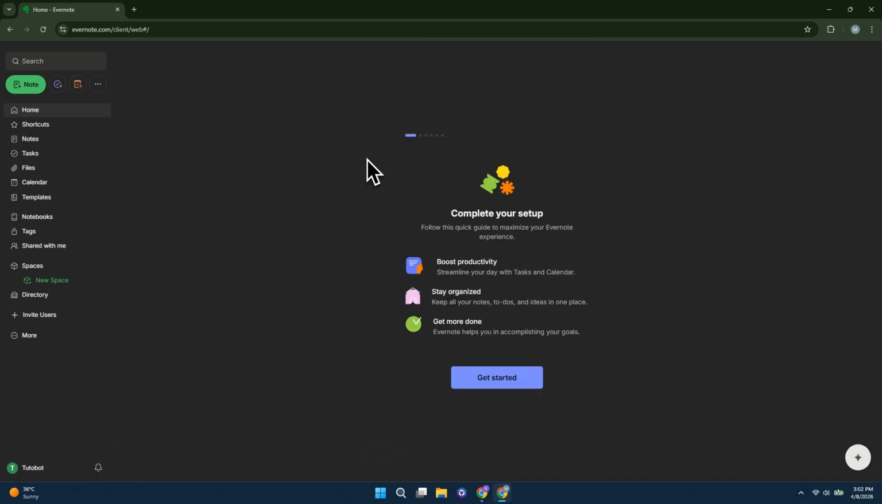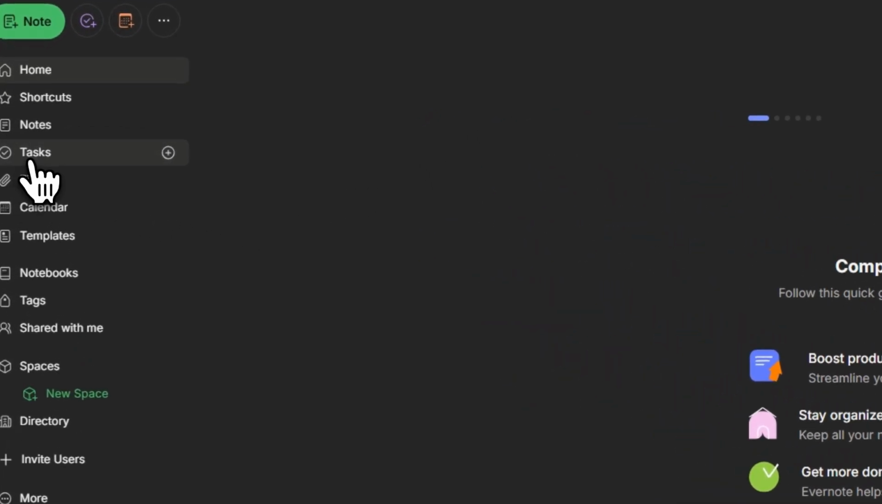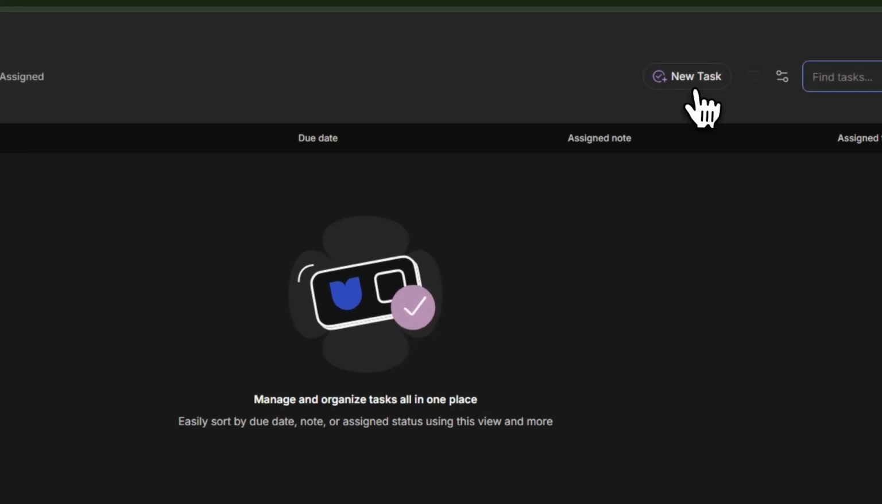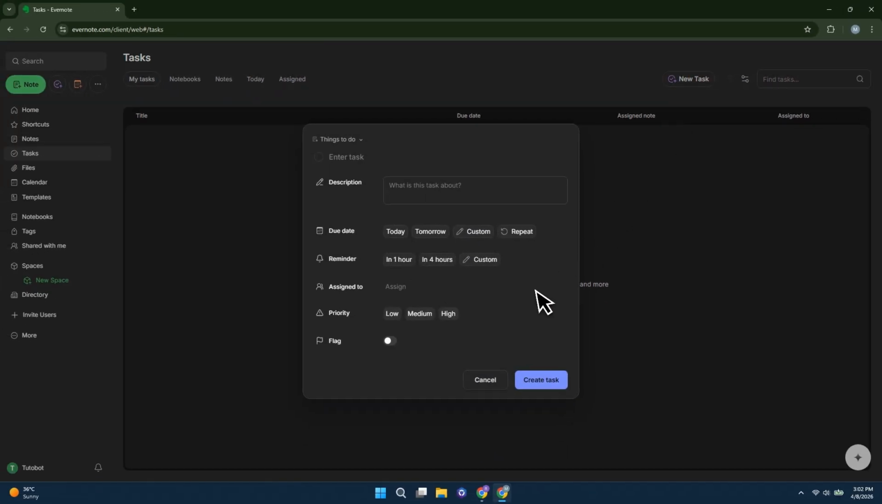Now, let's go to the Tasks section at the left side. In the Tasks section, you can create and manage your to-do items efficiently. To add a new task, simply click on the option to create one and enter a title for your task. You can also include a description to provide more context about what the task involves. Evernote allows you to set due dates, add reminders,